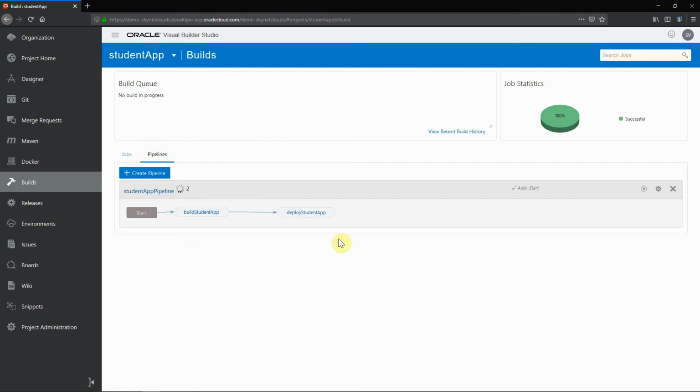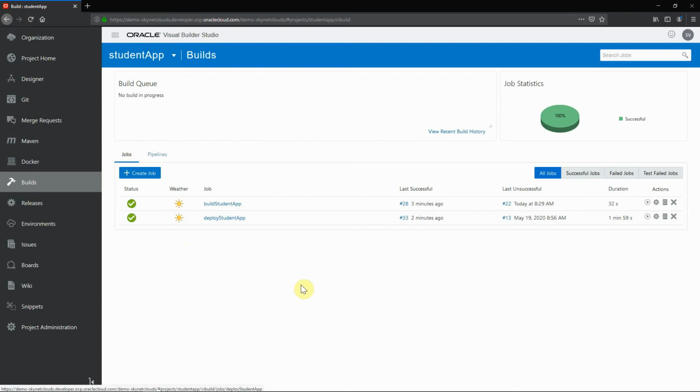That means this pipeline is completed, and this will be a good alternative for Jenkins. I know Jenkins is open source and you are flexible to add plugins, but when compared to an enterprise-level build solution, or if you even think about a replacement of Jenkins, Oracle Visual Builder Studio plays a key role there. It has all the features, like integrations such as webhooks, everything is there, and we can define a good pipeline. So that's it for today's video.